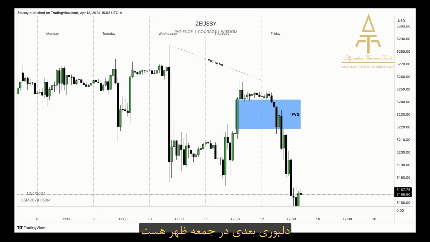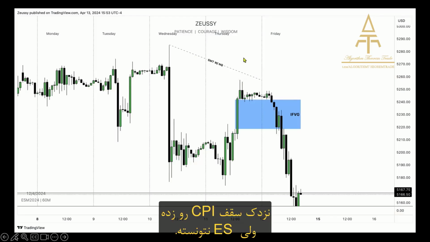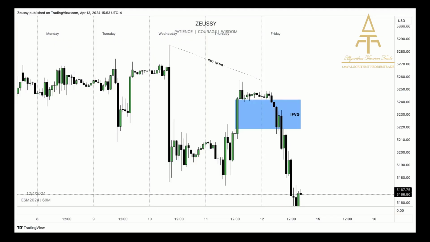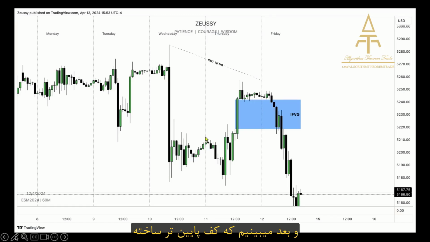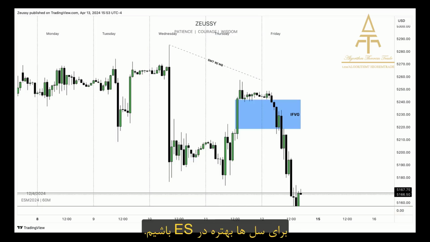The next delivery that we're going to take a look at is the following. This is the ES delivery on Friday. What we can see that occurred on Thursday is the following. ES failed to create a higher high relative to the CPI high, whilst Nasdaq of course created a higher high. This is a form of SMT. Secondly, we can note that ES has been making lower lows, whilst Nasdaq did not yet. Meaning, for shorts, we are better off inside of ES than inside of Nasdaq.